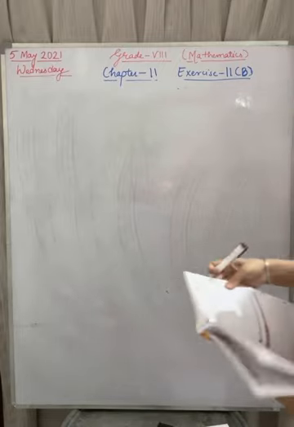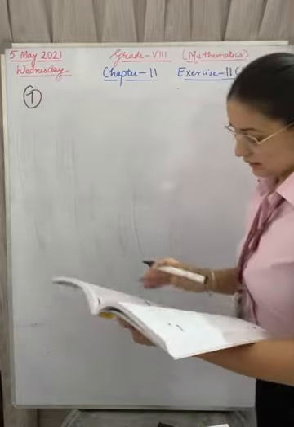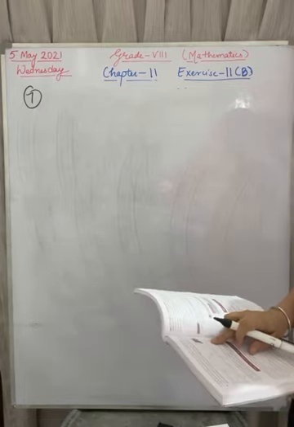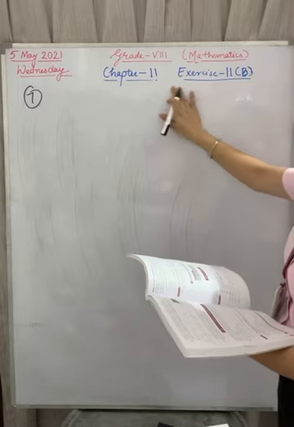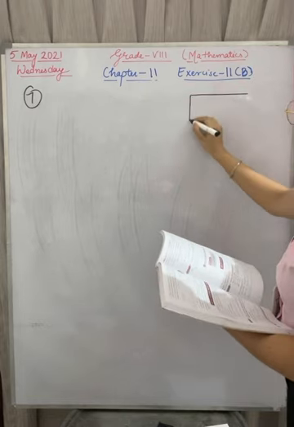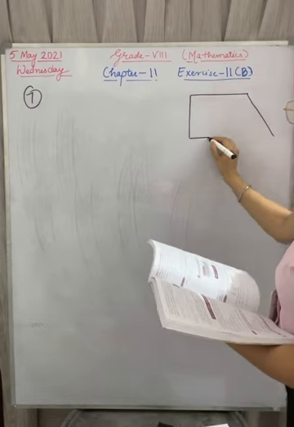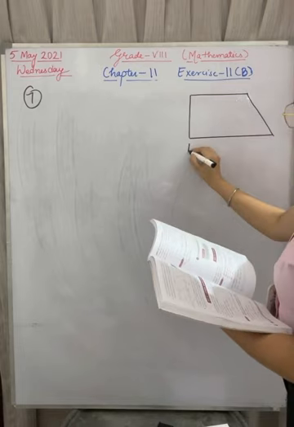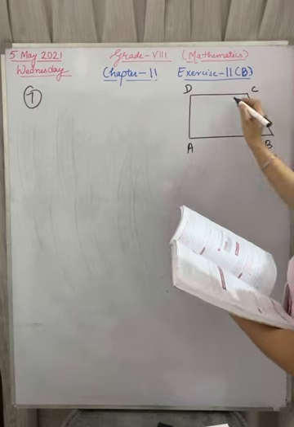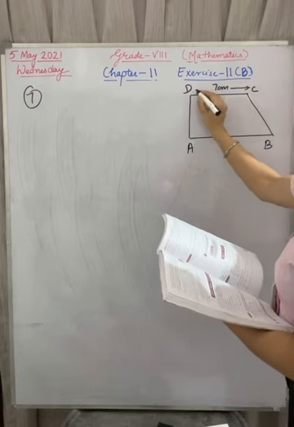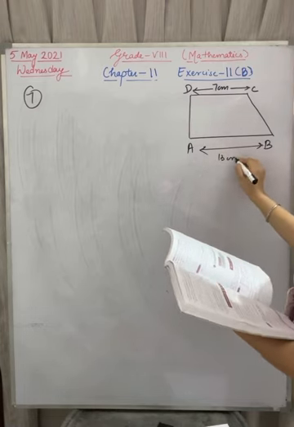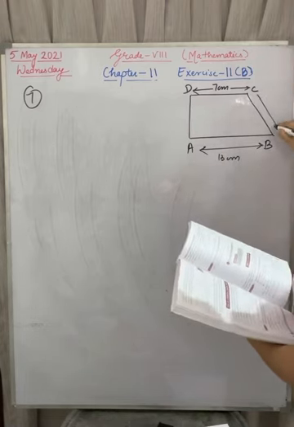Now, question 7. There again you have one figure. Three figures are given in the question in the book. This second figure is the figure of question 7, I'm making it here. This is A, B, C and D, right? And this is given 7 centimeter. This complete side is given 13 centimeter. And this side is given as 10 centimeter.